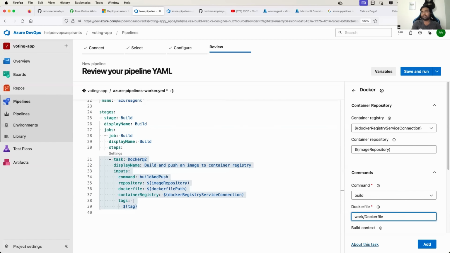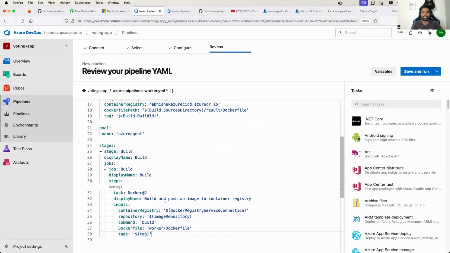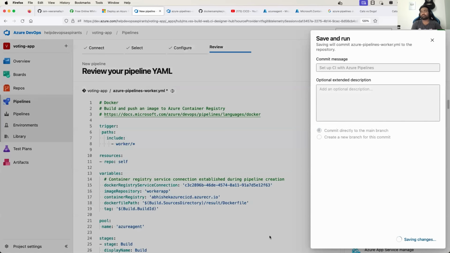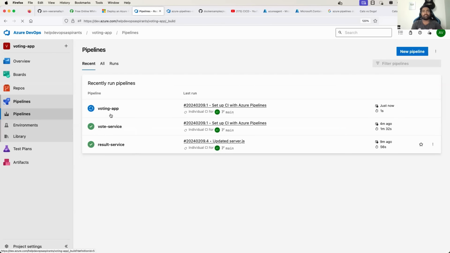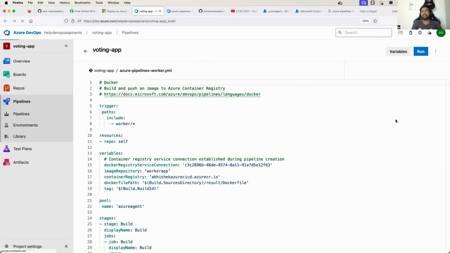Path is worker.file. Add. Let's only write the build stage for now. Save and run. And even for this, we can go back and change the pipeline so that our pipelines are very clear. Edit. Oh, sorry, my bad. This has to be